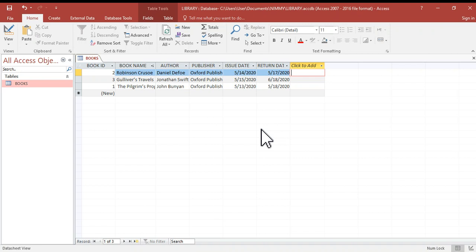A table is made up of rows and columns as shown in this table which I created in my database, which is titled Library. And a database can have one or more tables. So here in this database I have created only one table which is named Books, and the database name is